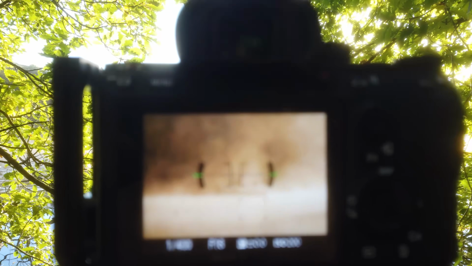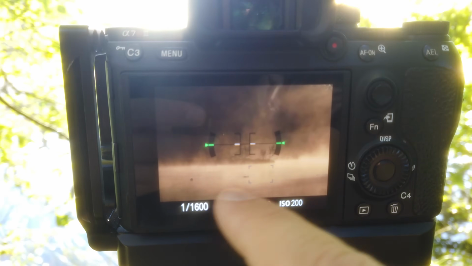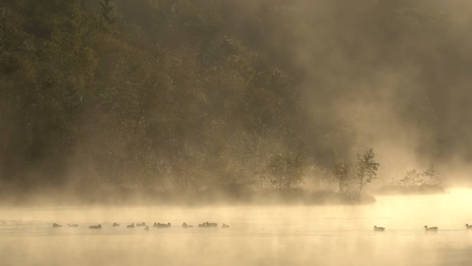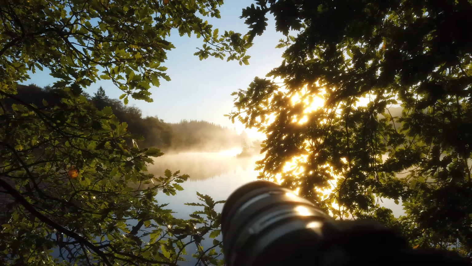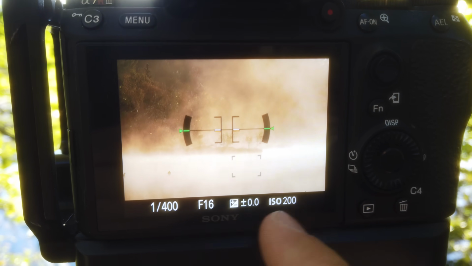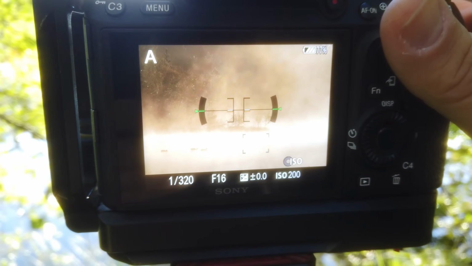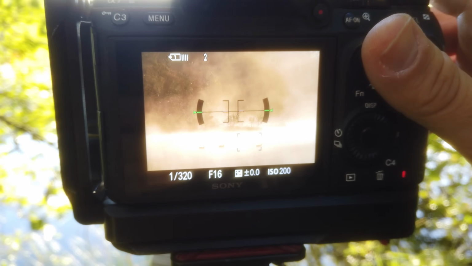And here is another beautiful little scene. I'm really getting blasted by the sun right now, but with the long lens I can zoom into this scene here, and I have a couple of small trees, and then I have the ducks here in the foreground, with the sun coming in, just lighting up the entire scene of morning mist right here. Since I'm shooting into such a bright scene, I can actually get away with f16, and then I'm at ISO 200, which gives me a shutter speed of 1/400th of a second. So in case there are some birds flying into the scene, I should be able to catch them. But right now I'm just focusing on getting these ducks here,